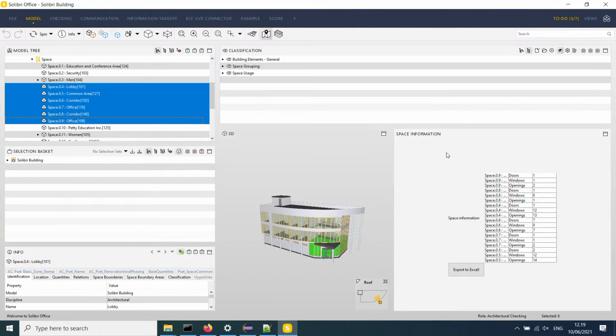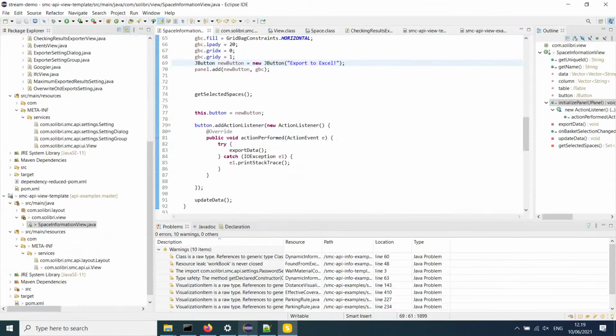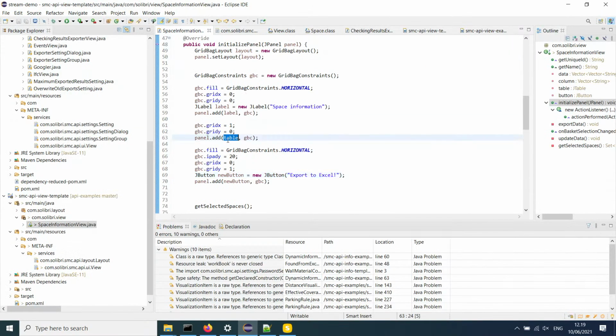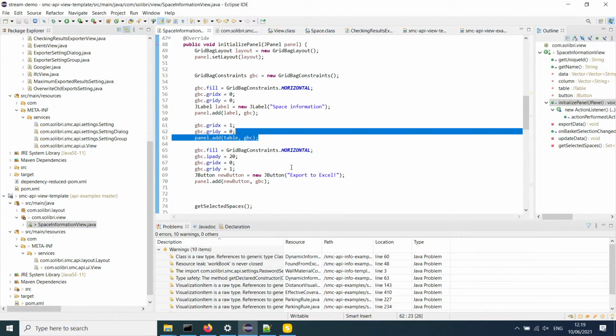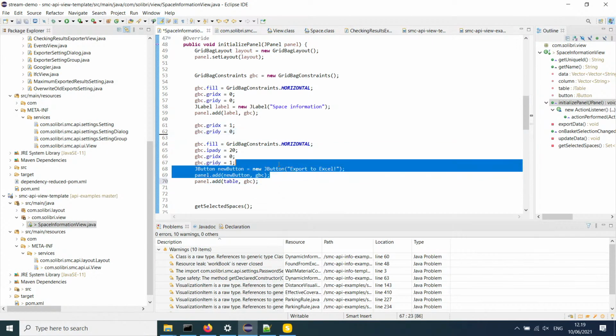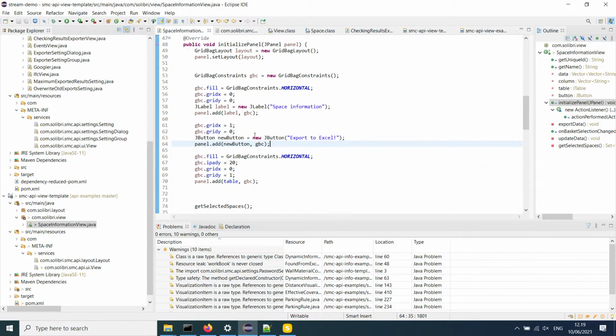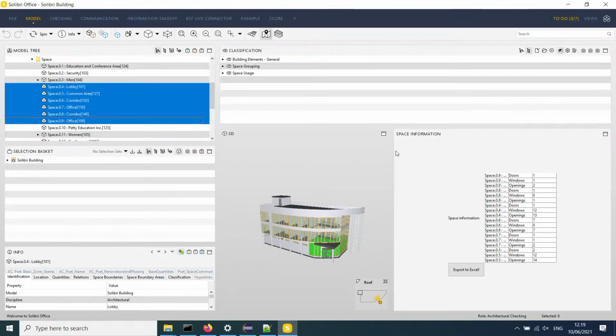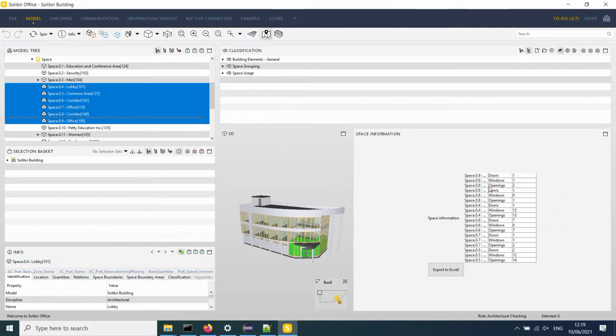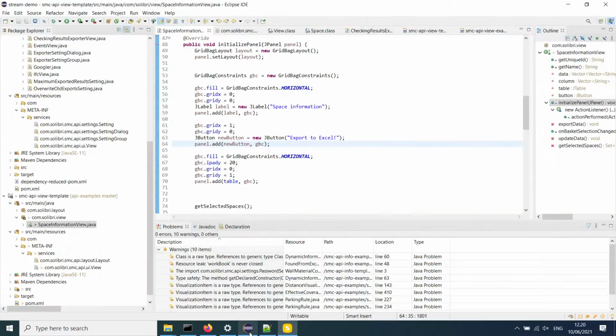Okay, so now we at least see all the components. We can make it a bit nicer. Now the table is in the middle, but probably we want the table to be at the bottom and for the button to be at the top. Okay, so now we do have the table and we do have the export button, and we can press it. Now I don't know if it works because it doesn't say anything. We can check that it does not cause any errors, and